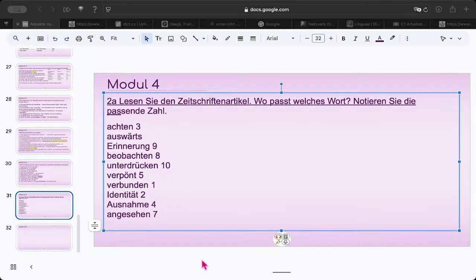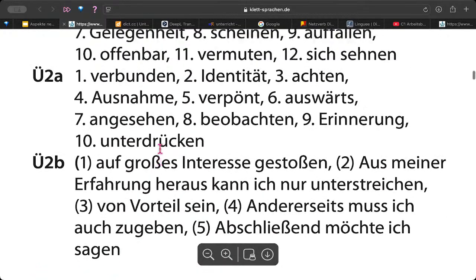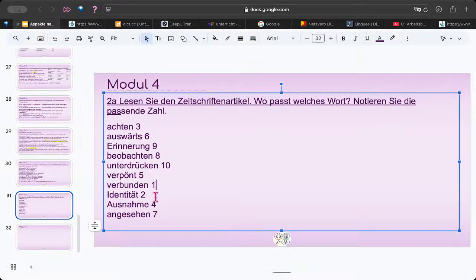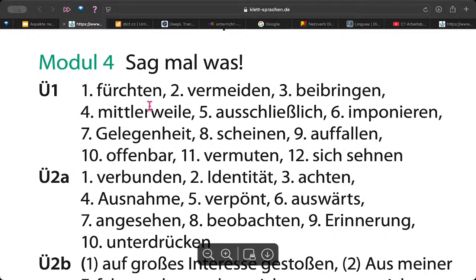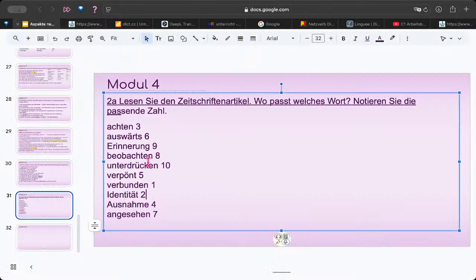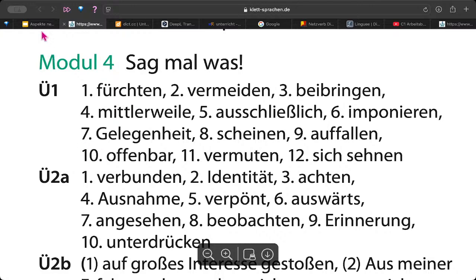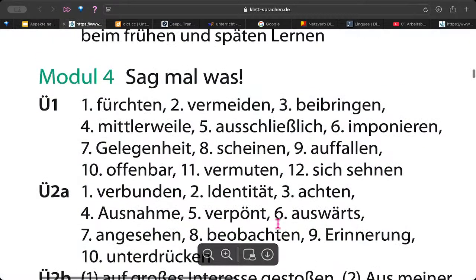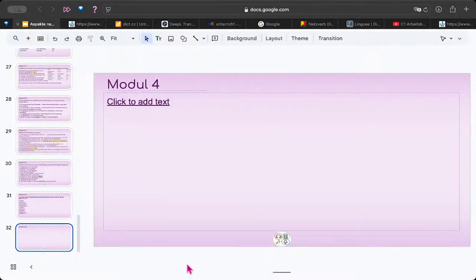Number 6, von auswärts? Yeah, maybe. Okay, let's check. Verbunden, Identität, Akten, Ausnahme, verpönt, auswärts, ja, richtig, angesehen, beobachten, Erinnerung, unterdrücken, perfekt. Okay. Und dann